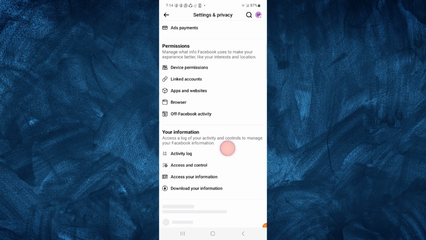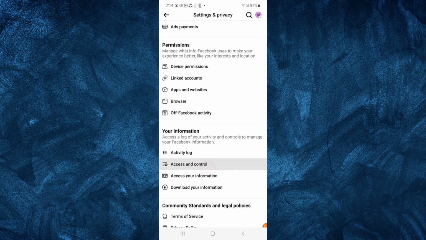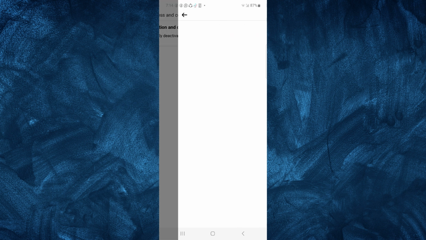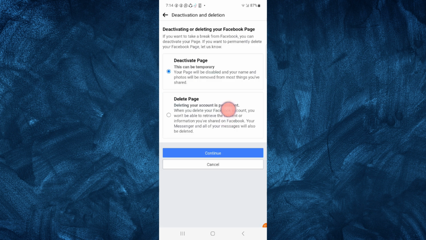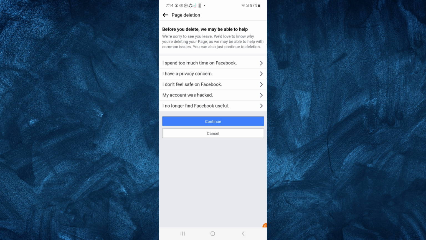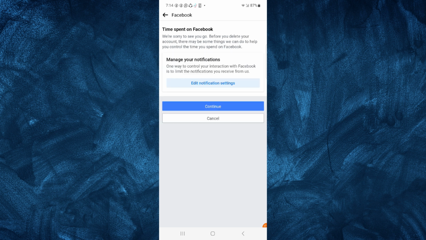And here you will see access and control. Click on it and click on deactivation or deletion and click on delete page. Click on continue and here select the reason for deleting the page and click on continue